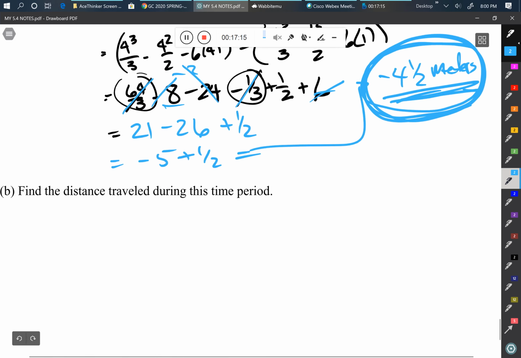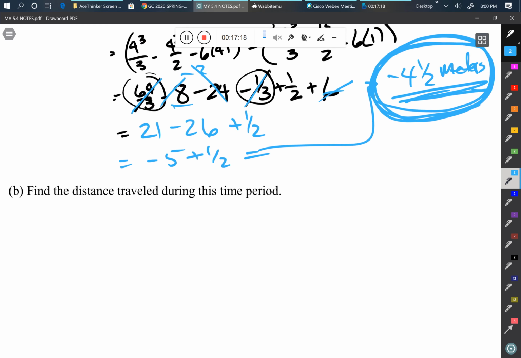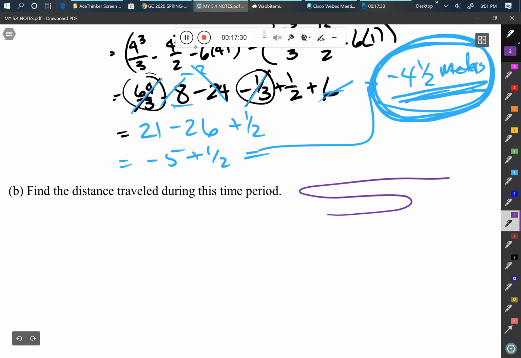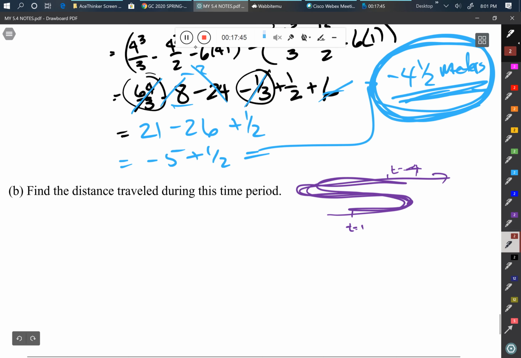Okay? Part B says, whoa, wait a second. How far is the total distance that was traveled? Okay, so if this wasn't chapter 5, to find the distance traveled, we'd have to make one of these charts, right? And we'd have to figure out where t equals 1 is. We have to figure out where t equals 4 is. And we'd have to figure out if we moved right or left or right and how far each of those pieces were. But this is chapter 5, so we're going to say the distance then is the integral from 1 to 4 of the absolute value of velocity, which I believe is t squared